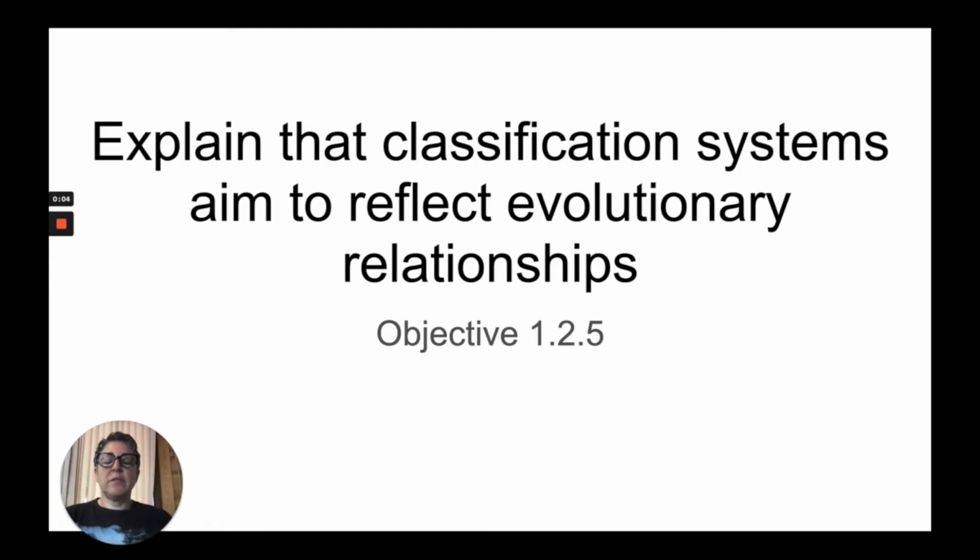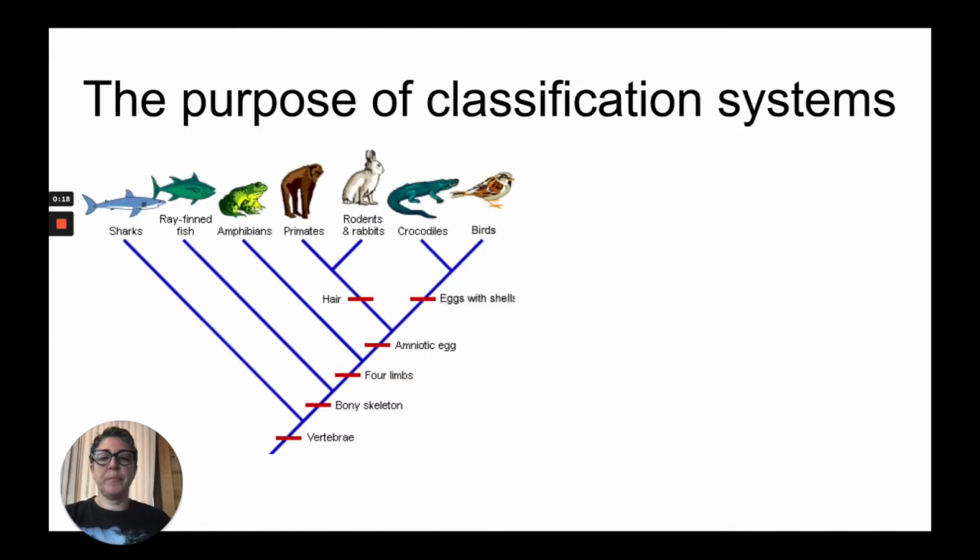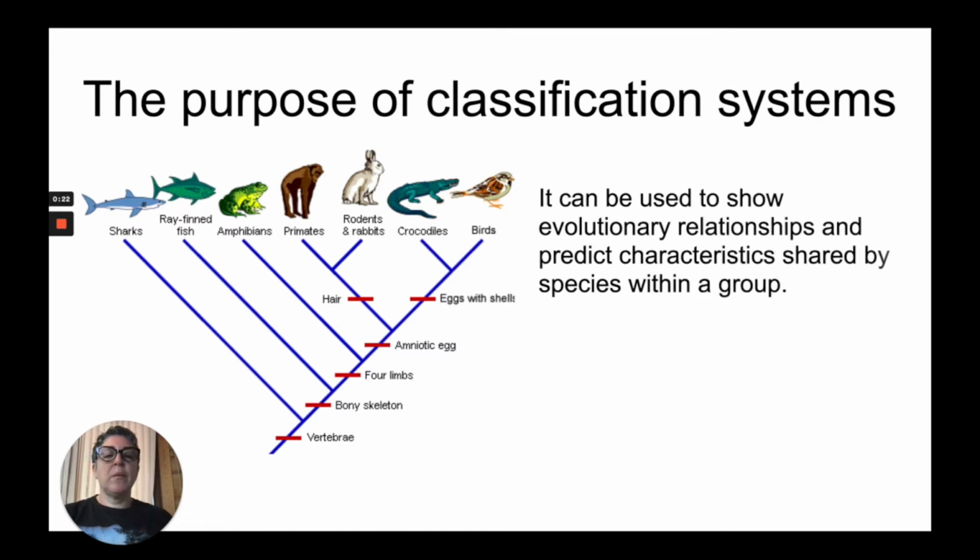This video covers the IGCSE Biology Objective 1.2.5 on the 2025 CAIE syllabus to explain that classification systems aim to reflect evolutionary relationships. So what is the purpose of a classification system? Well, first of all, it can be used to show evolutionary relationships and predict characteristics shared by species within a